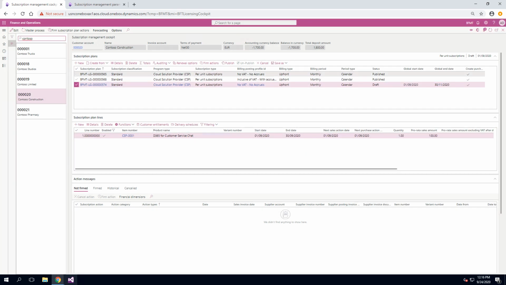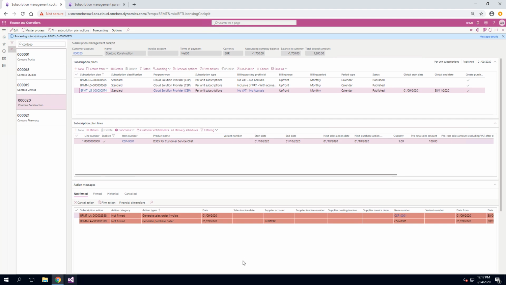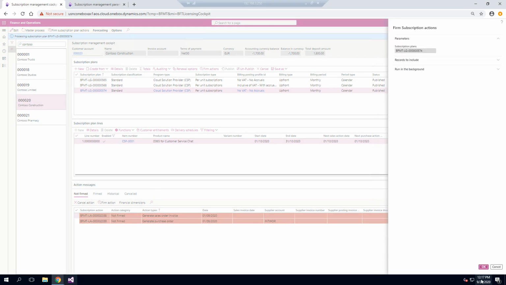So I can now go ahead and publish this subscription plan, run the master process, and the first set of actions for the first billing cycle will happen, and now the next billing cycle starts on the 1st October, which is still within the global start and end date. So I'll quickly process the actions and firm them,